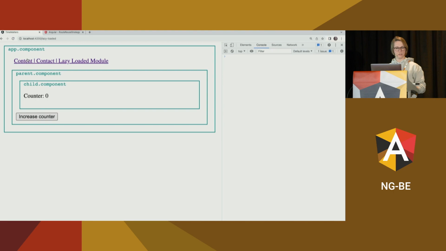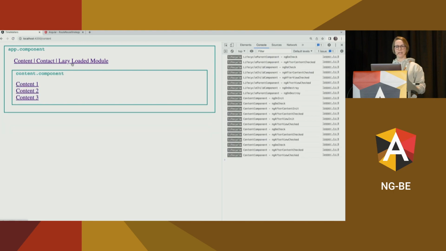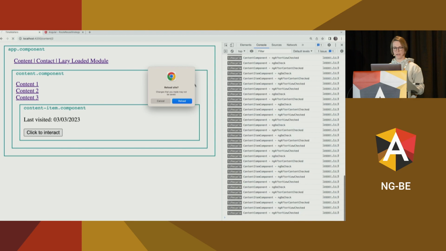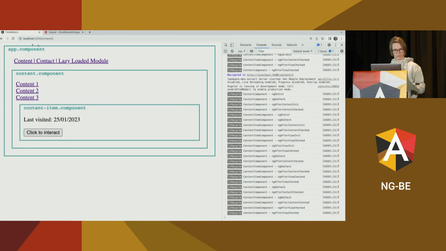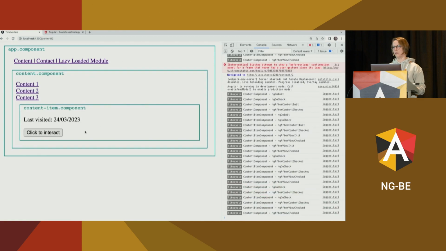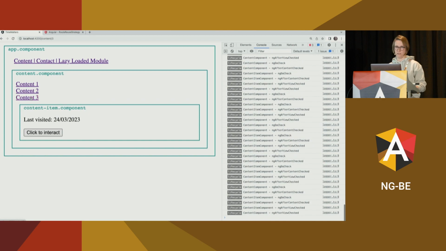Another example that I'd like to show you is in here. Again, we have a content component, and we have some child components. Those are routing components, meaning that we have some routing parameters in the URL, and it's 1, 2, and 3 for the components. And the thing is, I click on those, and nothing changes. However, if I reload the application again and again, you might notice that I just randomly produce the state. It doesn't change if I navigate within the application.